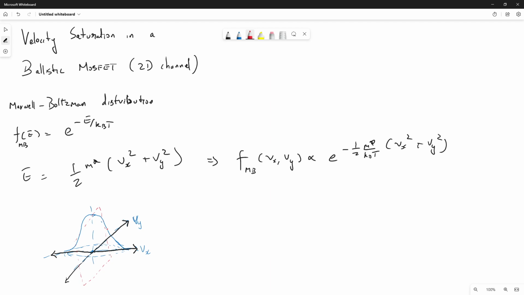But because of our ballistic condition, the number of electrons that can be present in the channel is a constant. Therefore, after a certain point, there will be no more electrons to come from the left side to the right side. So after saturation, essentially at saturation,